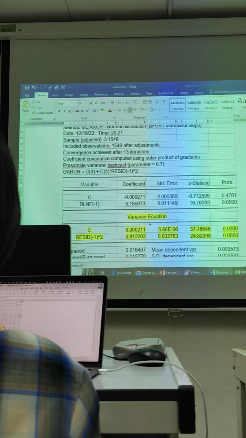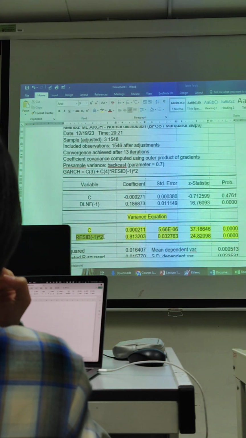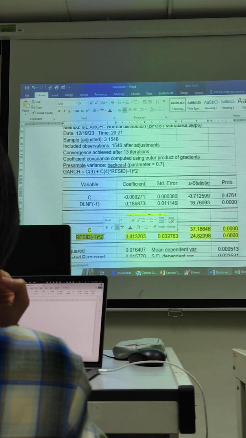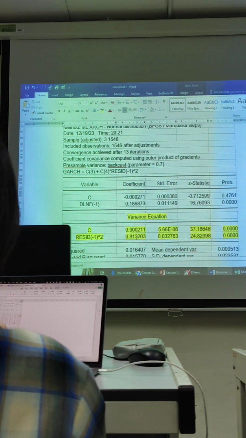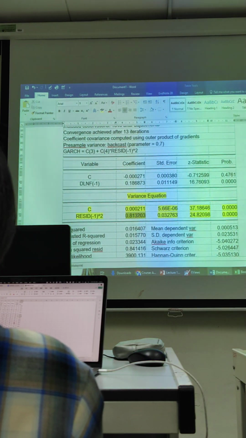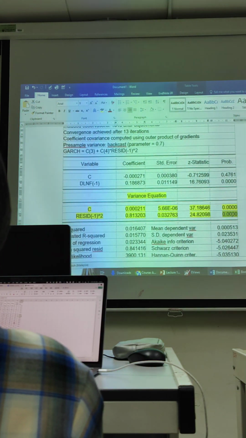In the variance equation, the dependent variable here is sigma power of 2. Another way to write it is H, right? H is the variance equation, is how we model the residual for the mean equation. So we have the residual lag power of 2. So this is an ARCH 1 model. Given the ARCH 1 model here, this coefficient is significant. So there is an ARCH effect, right? There is an ARCH effect here.